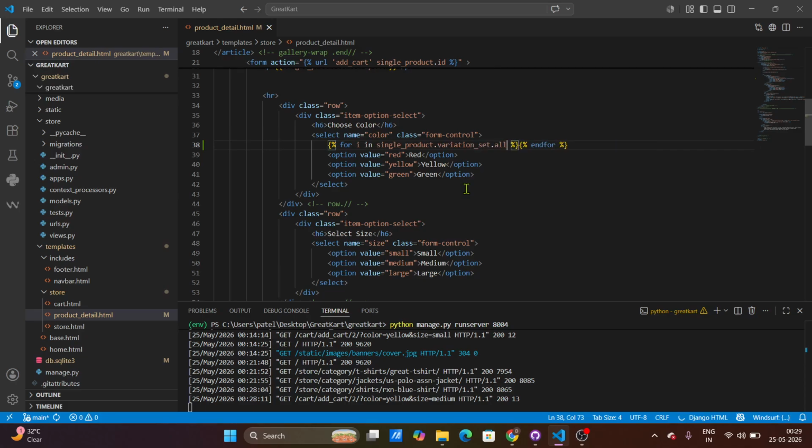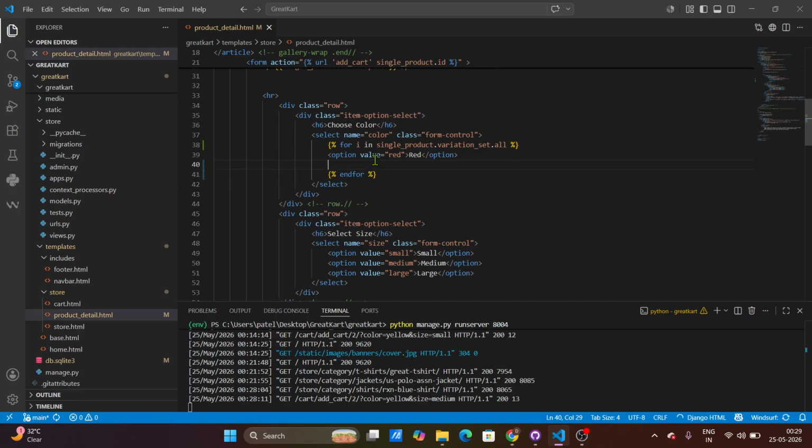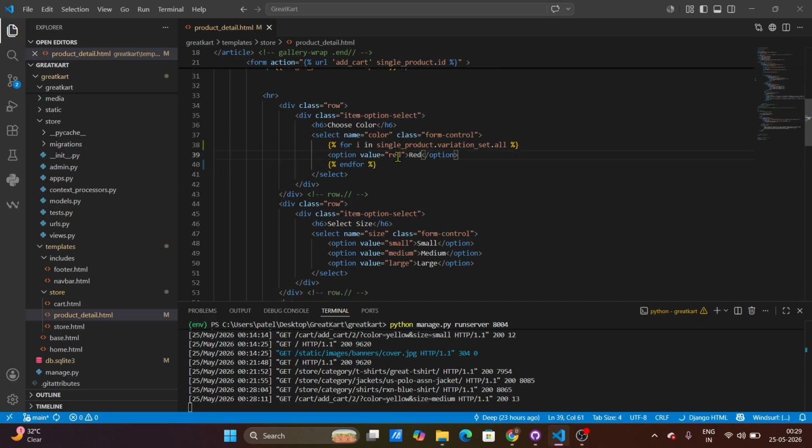Variation set dot all. And we will end this for loop just before this select, and we don't want these two options, just keep one option. Here this value red, just remove it, and also remove this,